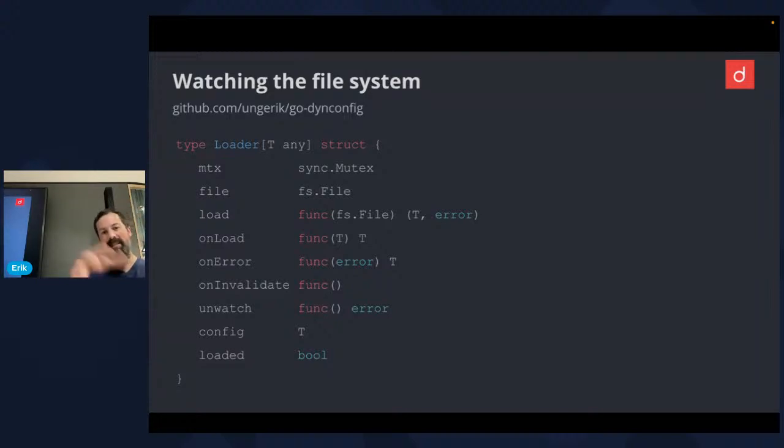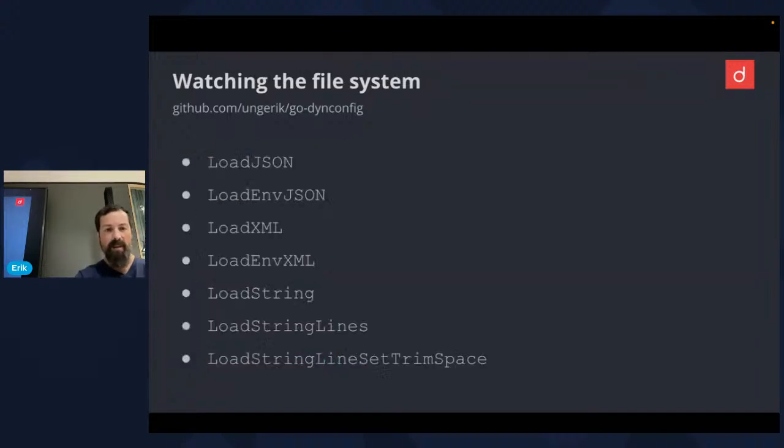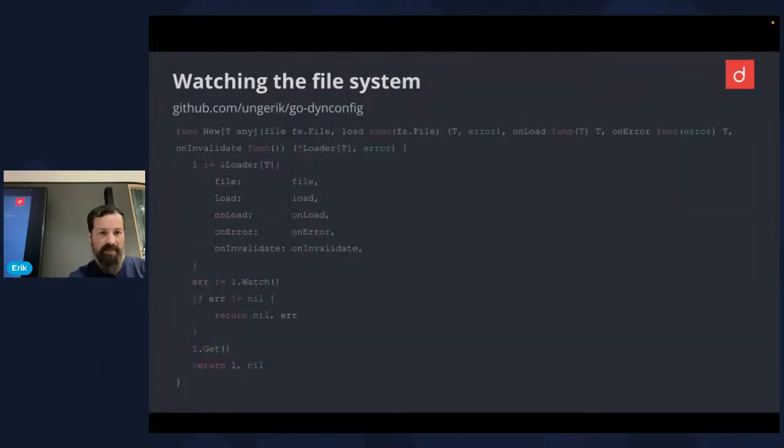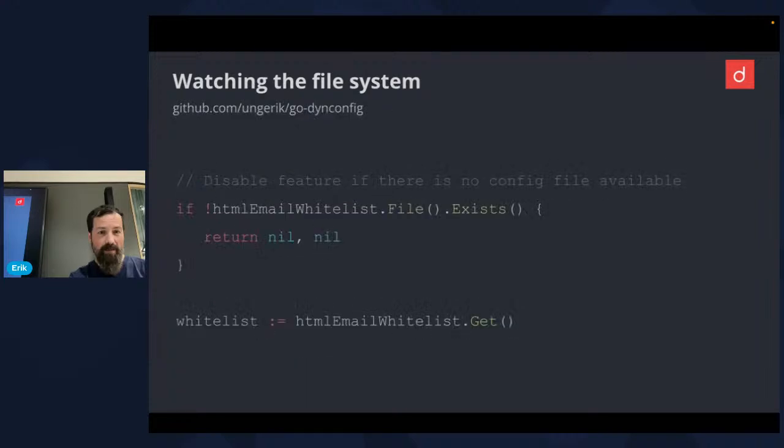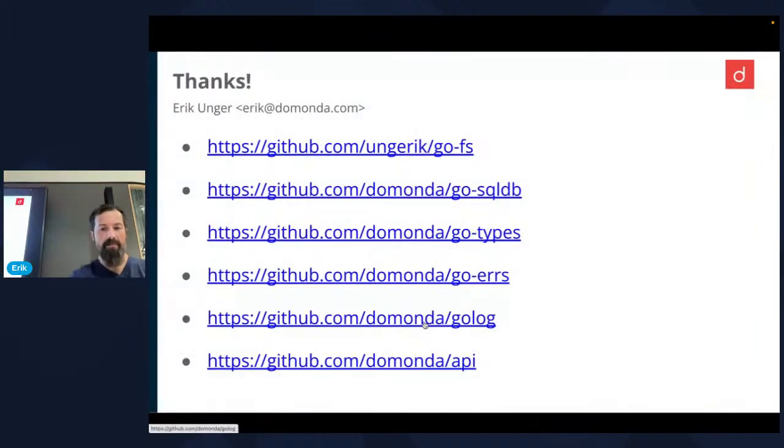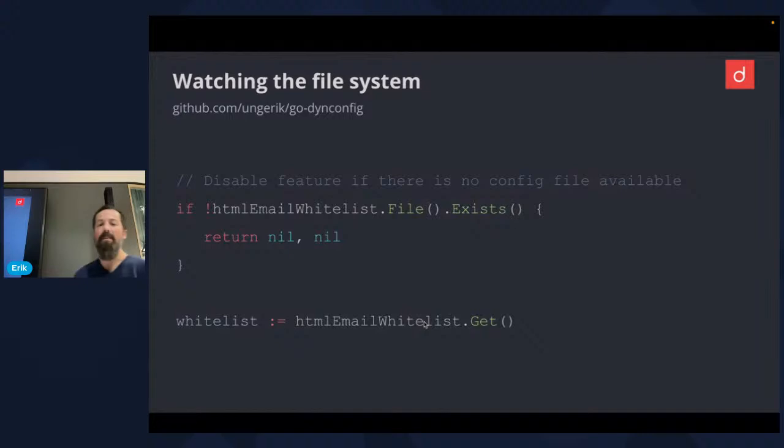Basically, what this little library does for you is, I haven't thought out that presentation very well. I just added that in the end. But basically, what you want to have here is this configuration variable, and it has a getter method, and it loads the configuration on demand. It watches the file system for any changes. If you call get again, it always gives you the latest version.